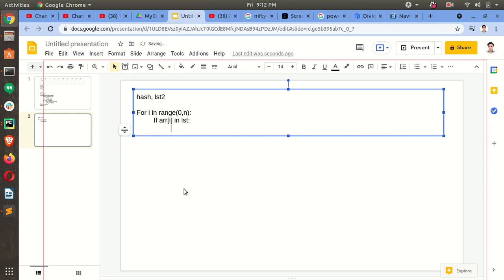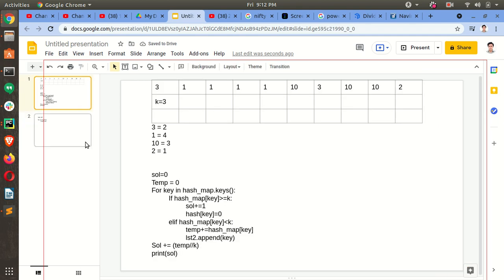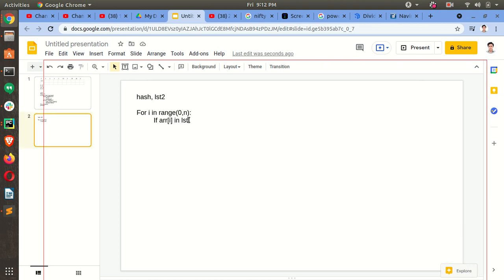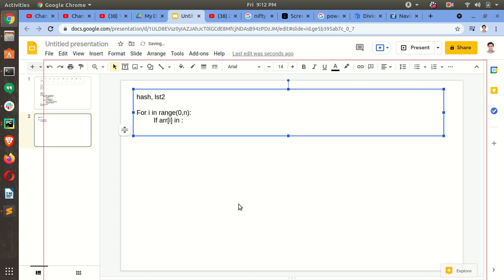Now if arr[i] is in the list, all color equal to 1. Okay. This we will do with lst2.